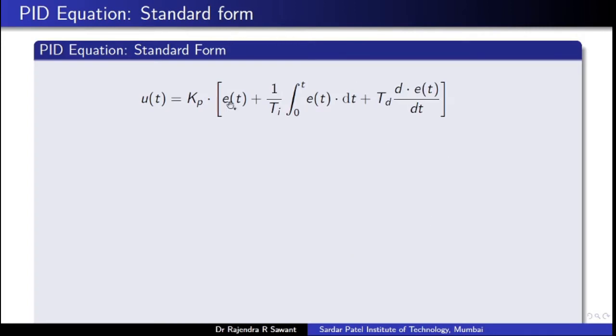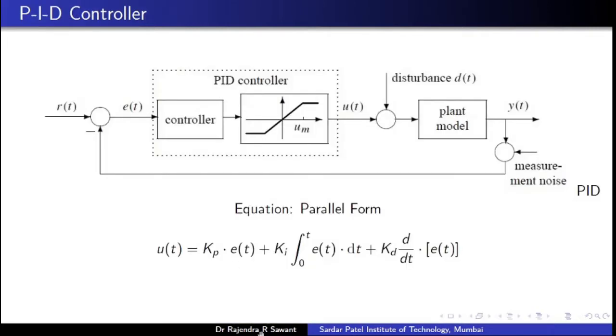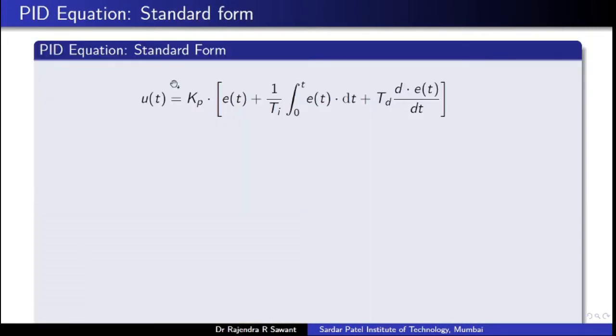So there is a standard form. The previous form is a parallel form. Now this form is a standard form. So here in this case, Kp is the proportional gain coefficient, and it is basically being multiplied to each of the terms here. Ti is something like an integral time constant, and Td is something like a derivative time constant. So Ti and Td are the variables here. Okay, so Kp, Ti, Td. So these can be found. So these are the inputs to the PID controller.